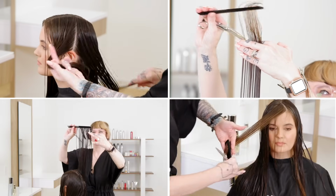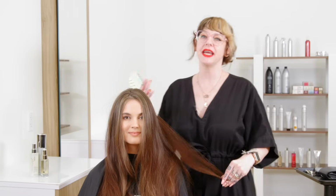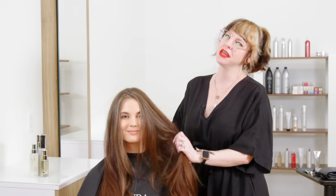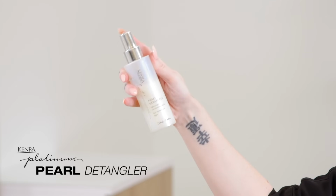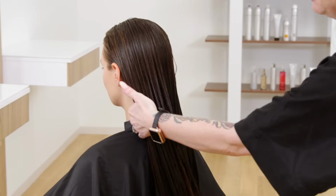We are gonna show you a long layered haircut. So my first step in any haircut is diagnosing my client's hair. She's got fine hair, but she has a ton of it. I'm gonna use the pearl detangler to detangle her hair and make it really easy and manageable as I'm combing